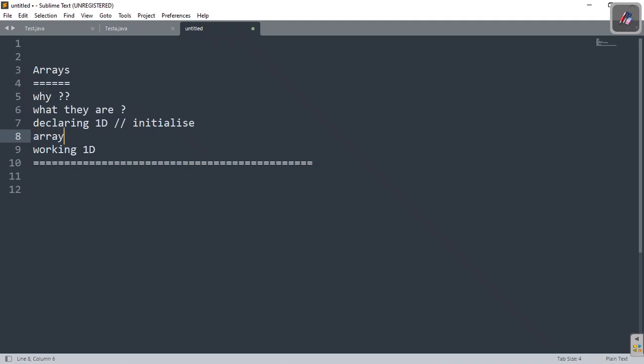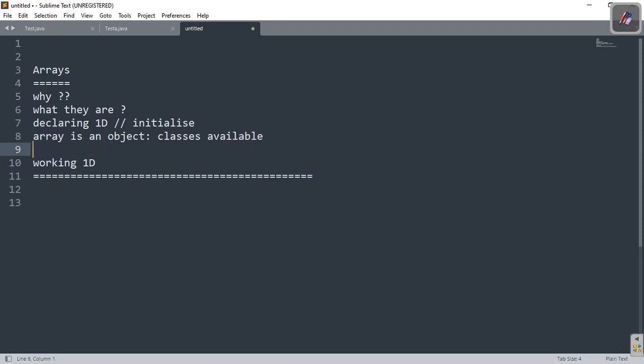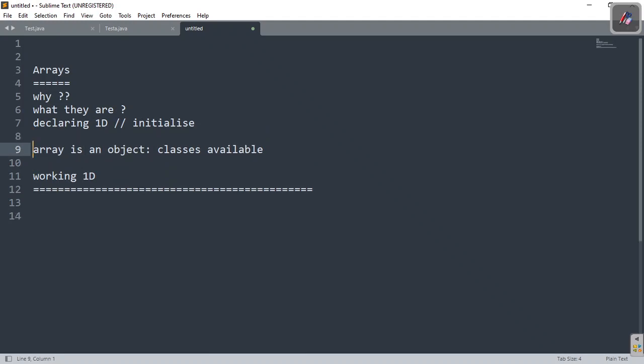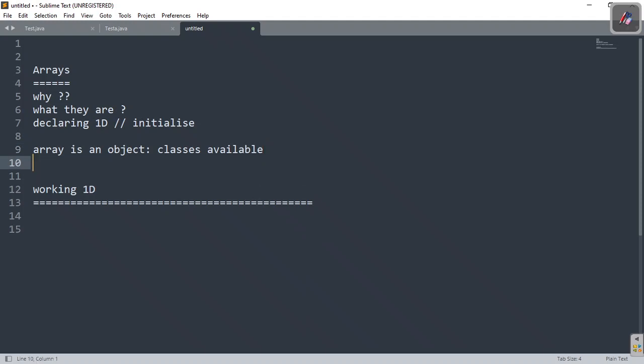Every array is an object, and in that context, we have also discussed different classes available in Java, which are available at the language level but not available for the programmer. We have also checked out all the classes from which the arrays or array objects are created, starting from int, boolean to float and all. So we have discussed everything in detail.